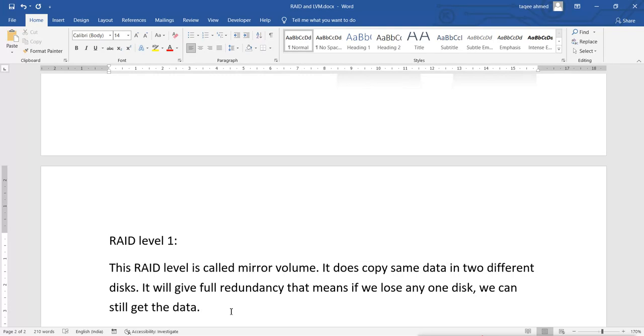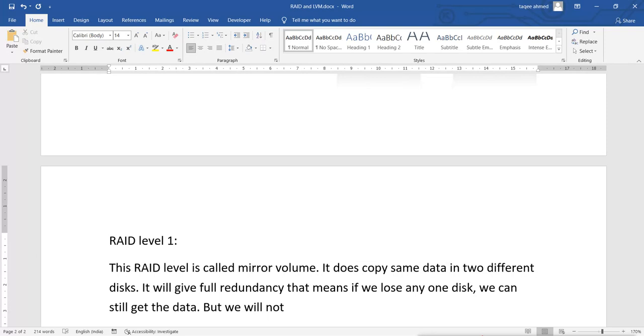But what we lose is the performance. It will not give us the performance like the stripe volume.